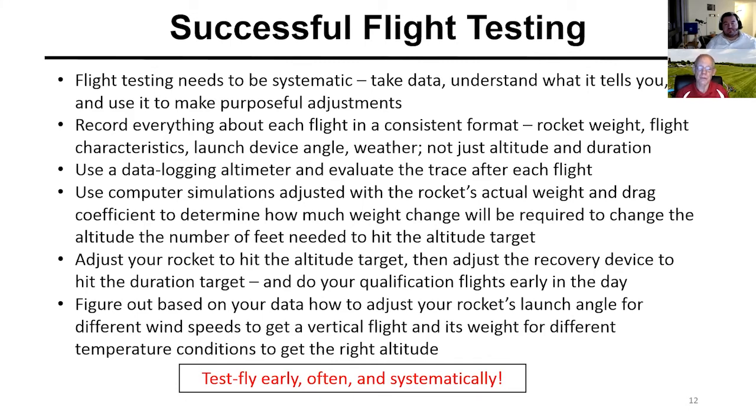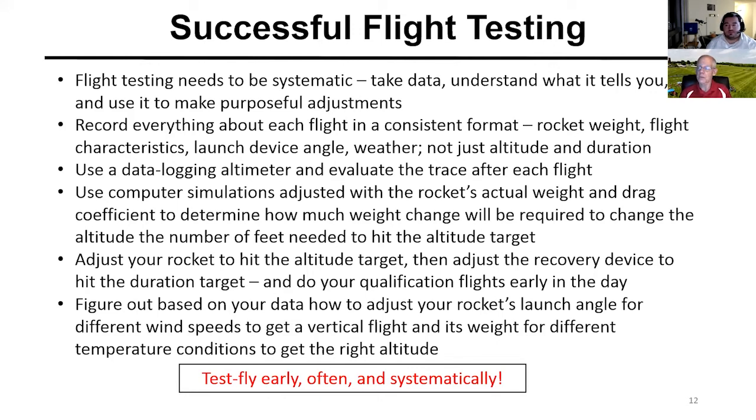You should be using the Peanut, basically, an altimeter that gives you the ability to take data, look at data, and understand the flight. Did the ejection charge go off before apogee or after apogee? How long after apogee did it go off? What was your descent rate? Did the descent rate change? The slope of that downward line, did it change? You had a thermal. If you have one of these recording altimeters and look at the trace after flight, you'll understand some of what happened to your flight if it was less than perfect.